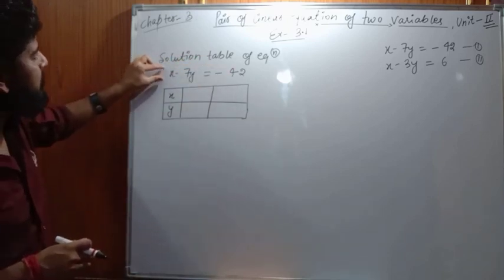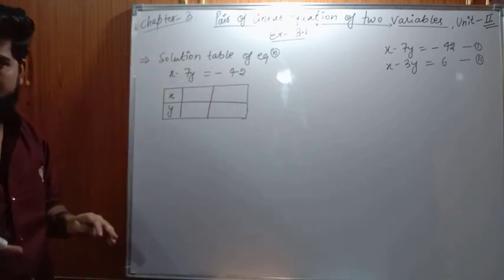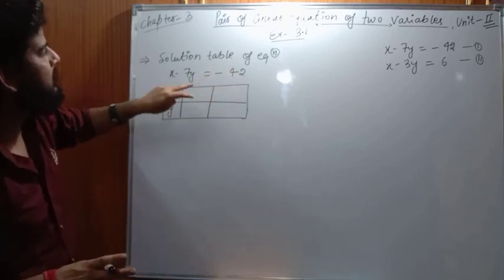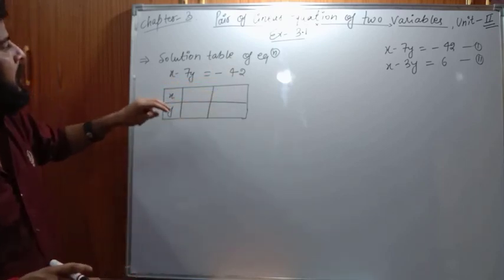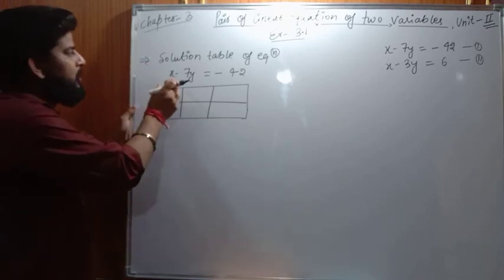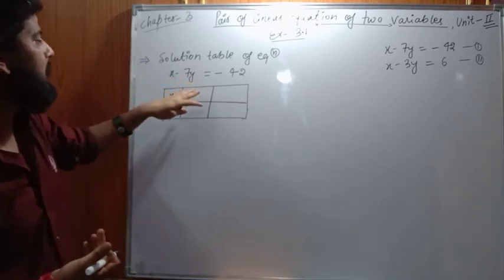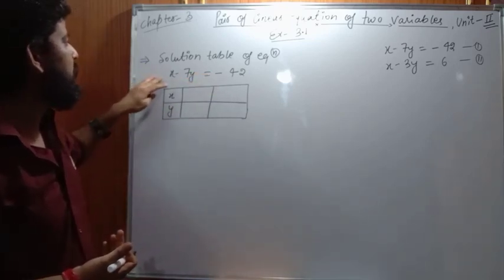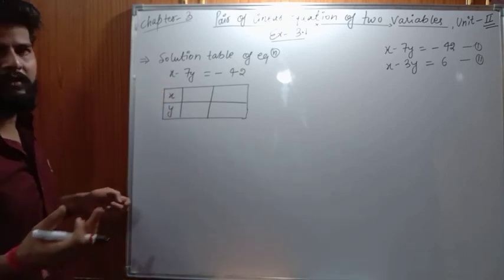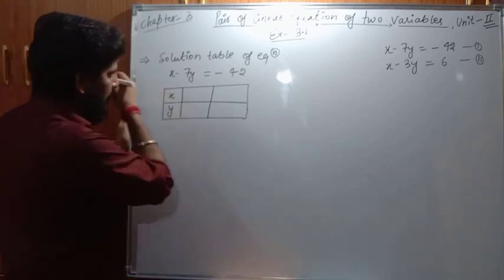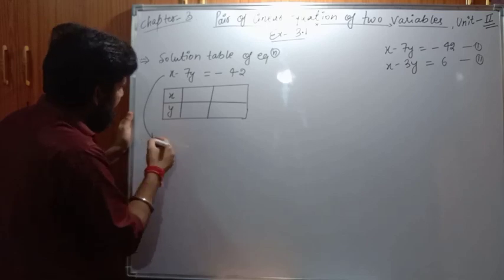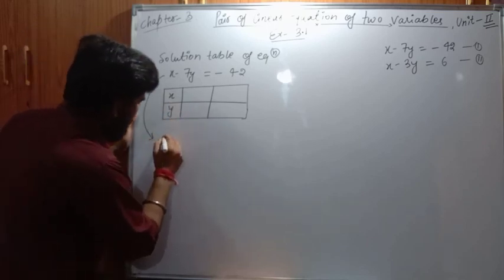पहले हम x पे वैल्यू पुट करेंगे, कोई भी आप वैल्यू पुट कर सकते हैं, उसके बाद हम y की वैल्यू हमको यहाँ से मिल जाएगी. ठीक है, आप ऐसा नहीं सिर्फ x की वैल्यू पुट करें, you can put the value of y, after that you can get the value of x. Okay, it depends on you. So if you can solve this directly, I am solving this way also.